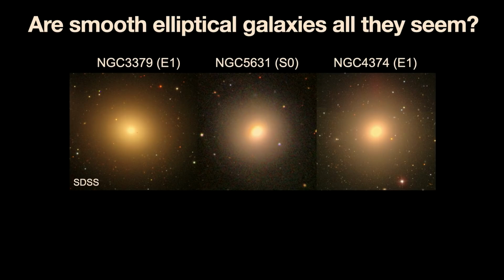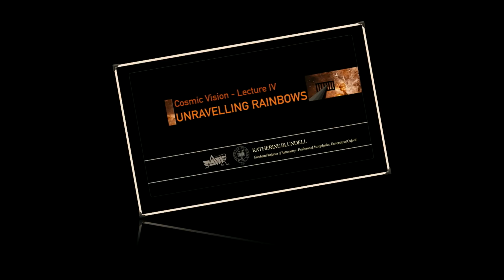Now imagine that you look at these elliptical galaxies not just with an imaging camera, so not just taking a photograph, but you look at them with an instrument called a spectrograph, an instrument that splits up the light as a function of colour or wavelength, which, as I described in my lecture a year ago in the series called Cosmic Vision and called Unravelling Rainbows, when you split up light into different colours and different wavelengths, you get information about dynamics. And dynamics is fantastically exciting.